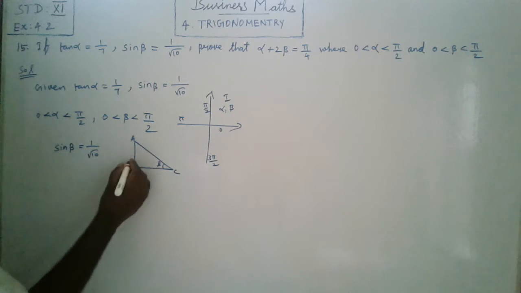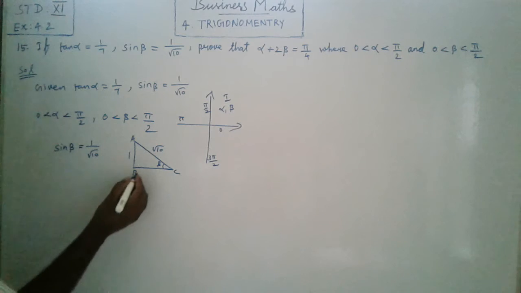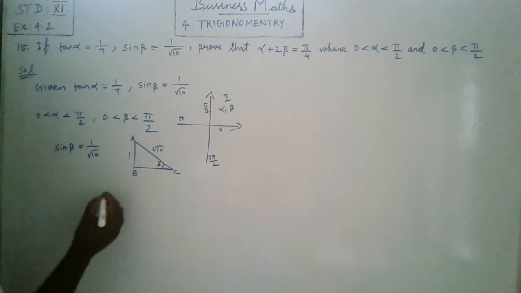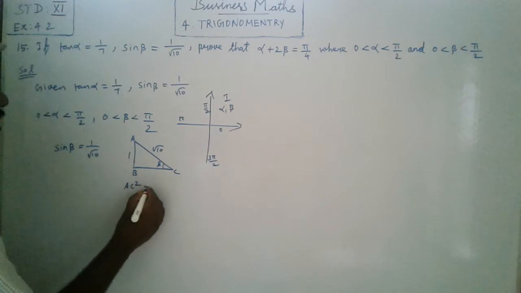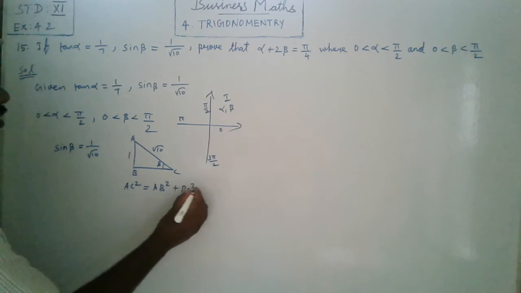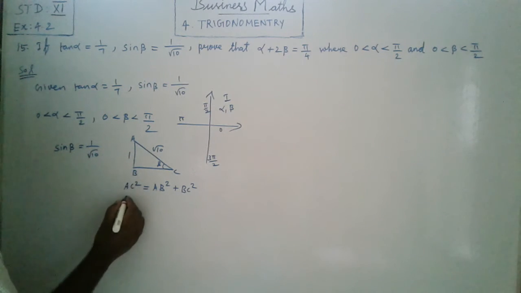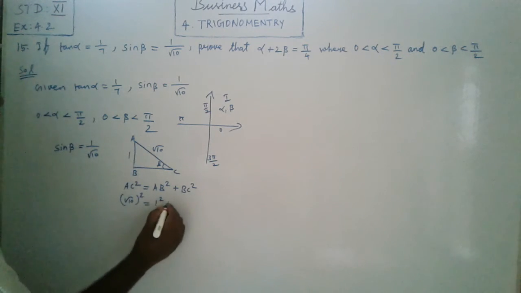Opposite divided by hypotenuse. Opposite is 1. Hypotenuse is root of 10. We should find the adjacent side. By the Pythagoras theorem, AC square is equal to AB square plus BC square. We should find BC square now. So AC square is root of 10 whole square, equal to AB is 1 square plus